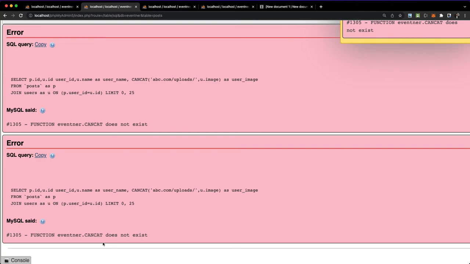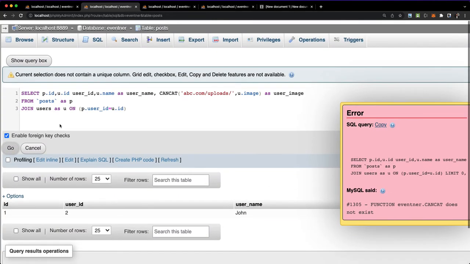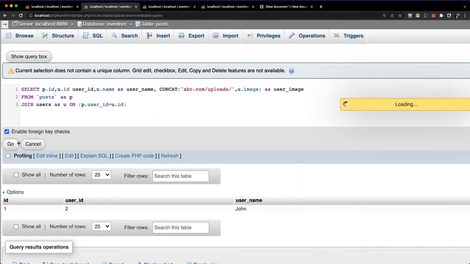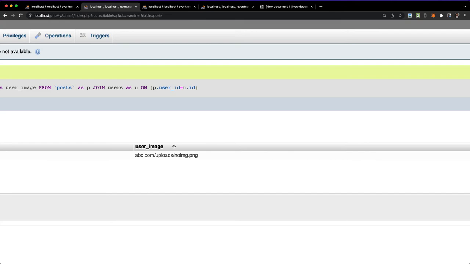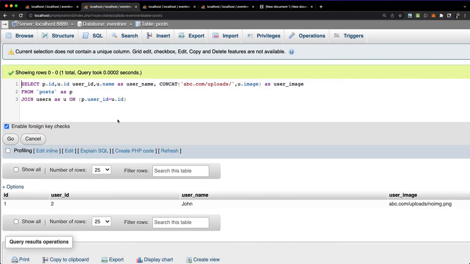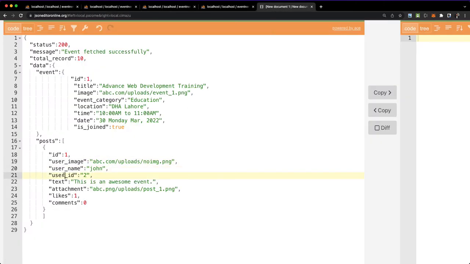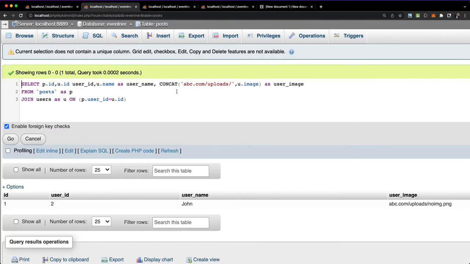The function concat was mistyped, it should be concat, I think. Let's try. Okay, fine. So now we have the concatenation of the user image. Then which other things do we need? Now we have user image, username, user ID, then we need the text from the post. Okay, that makes sense. So we need the text from the post ID, and we need post which is actually